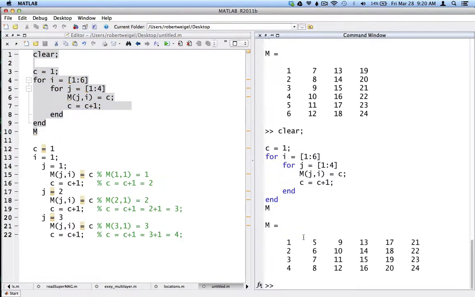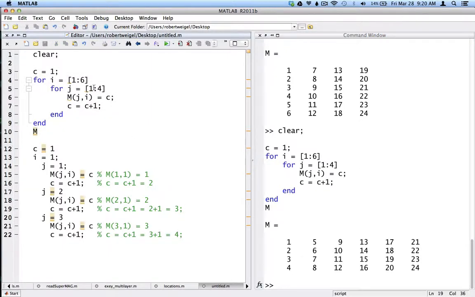And this is the final answer. And again, you wouldn't know that you needed to go from 1 to 6 versus 1 to 4 unless you wrote out the steps. And here I wrote out only the steps for the first column. But as you probably note, when I do these examples without having the aid of MATLAB, I always write out what's going to happen at least for 2 steps, for 2 columns,